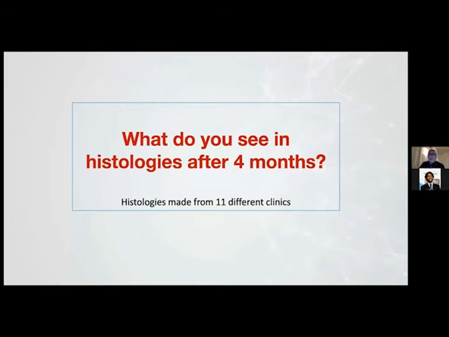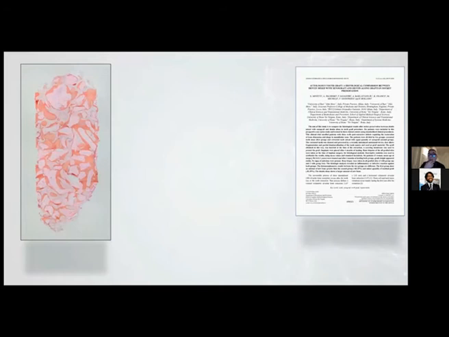This histology was made from 11 different clinics, and this is a very interesting case, because it is exactly on the topic, since they asked me if it's possible to mix dentin and xenograft material. This image is a histology after 4 months. In this alveolar socket preservation, we insert 50% of xenograft material, in pink, and in red 50% of the dentin. So what happened after 4 months?